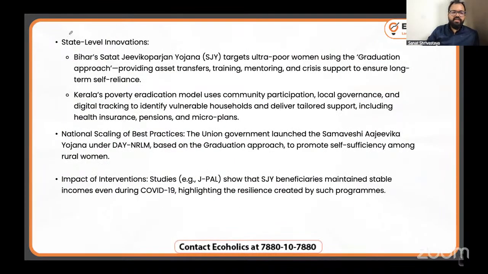Now, if you see state level innovation, today's chapter is very much factual. So I'll not go slide by slide, but I'll give you insights and the points, because it is more or less talking about data and talking about schemes. So here we can say Bihar's state